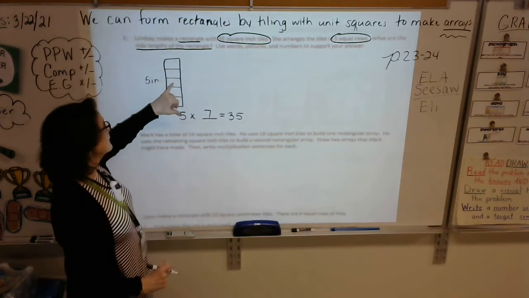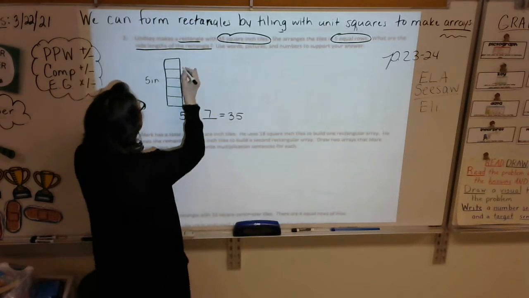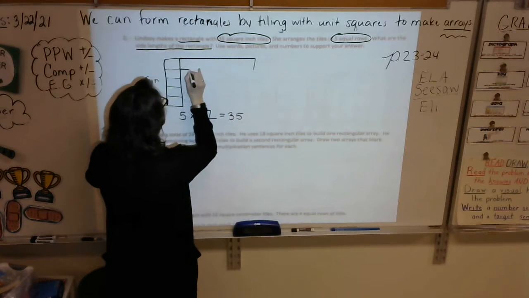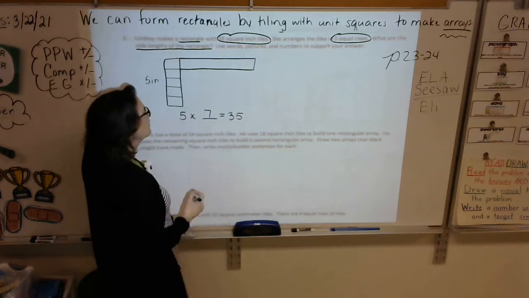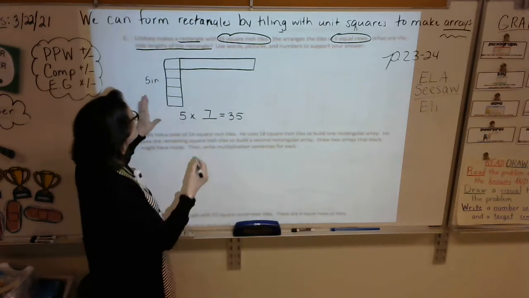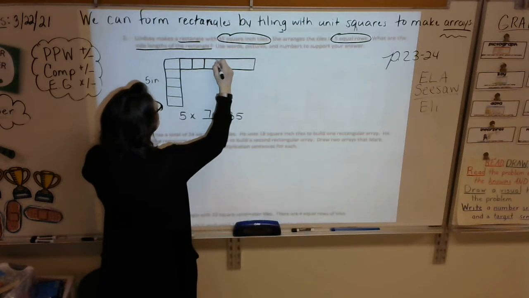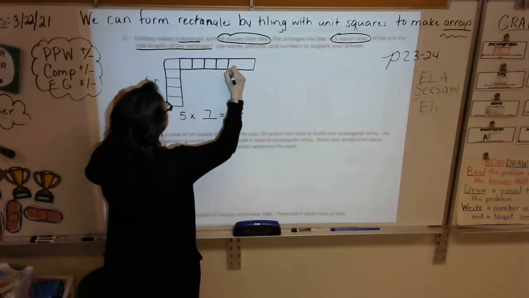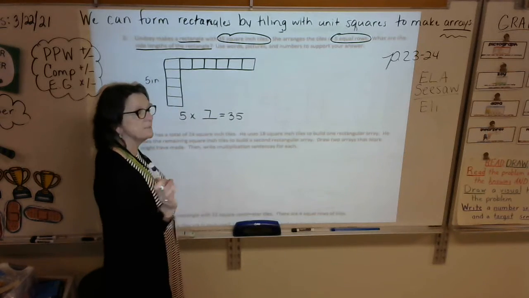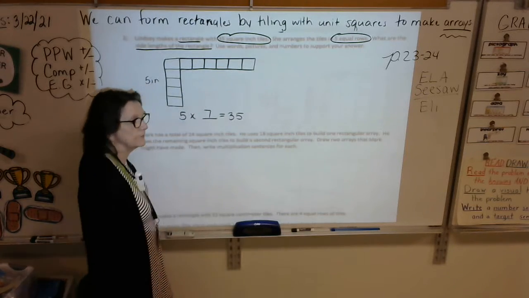So in each one of these rows of 5, I'm going to need 7 tiles. All right? So I'm going to draw a row over here. And in that row, I'm going to need 7 tiles because I'm going to have to skip count by 5 7 times. So I have 1 tile, 2 tiles, 3 tiles, 4 tiles, 5 tiles, 6 tiles, 7 tiles. And I'm going to just count them to make sure that I have 7. 1, 2, 3, 4, 5, 6, 7. Yep, I do have